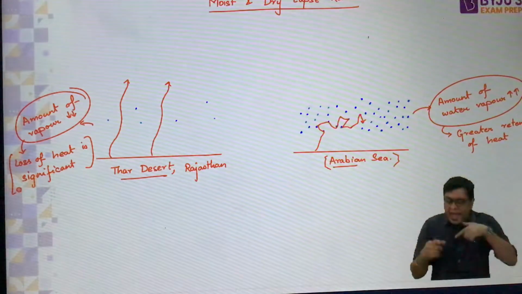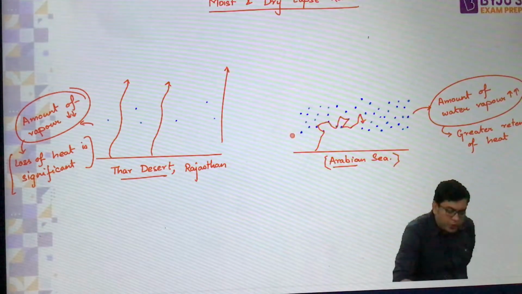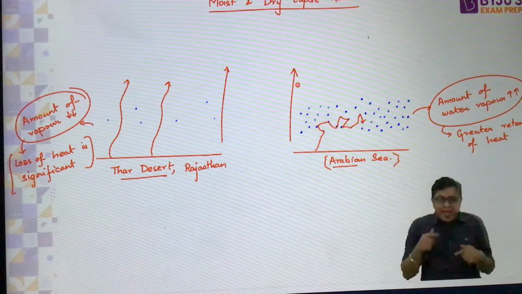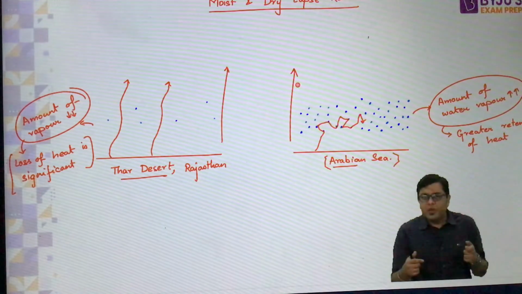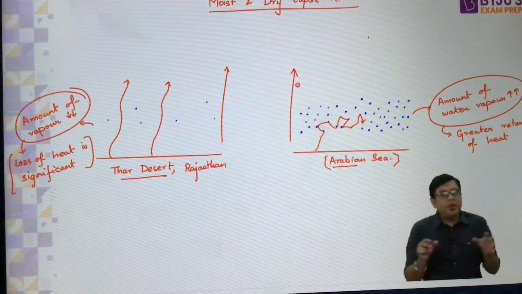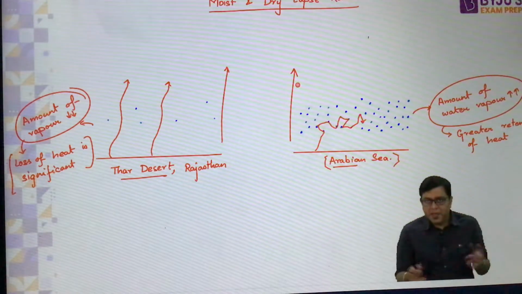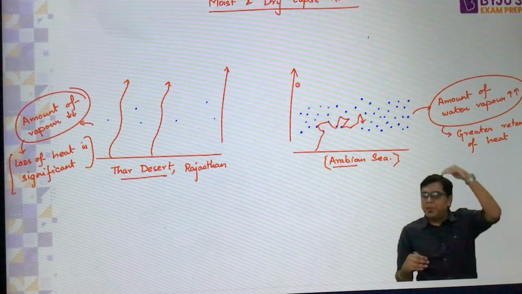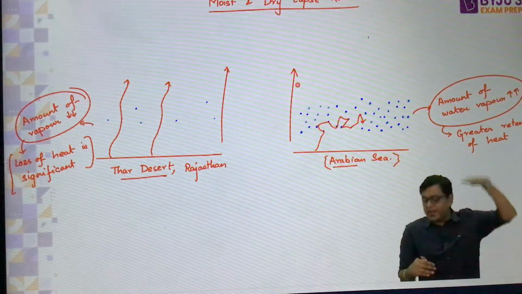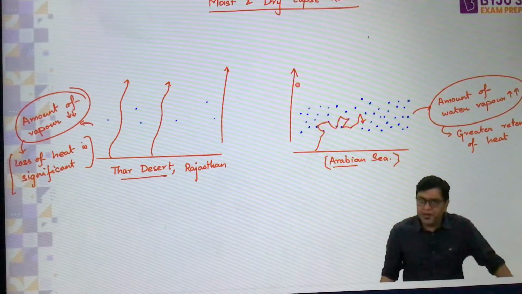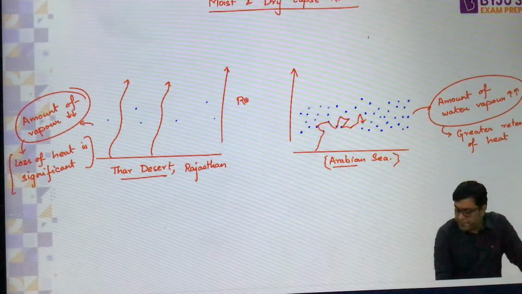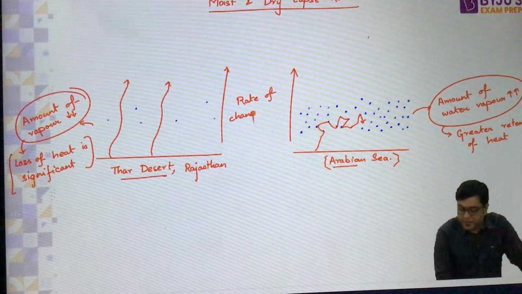So as we move higher up in altitude in both these places, will the rate at which the temperature changes be the same in both areas or different? What do you think? As we move higher in altitude, how the temperature changes in the air over the Arabian Sea and over the Thar Desert will obviously be very different. So the rate of change of temperature